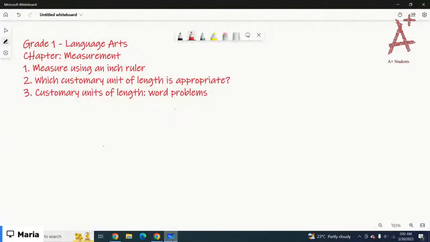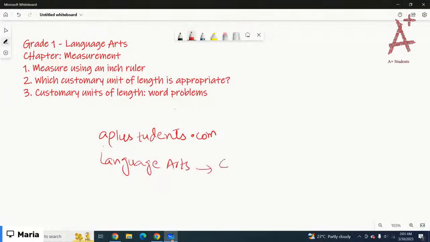So we're going to start with grade 1 language arts. You can find all the lessons on aplusstudents.com. You have to log in there using your email address and the password provided by the administrator. Then you have to select language arts from the subject tab. Scroll down to grade 1 on view all lessons. So there are chapters,